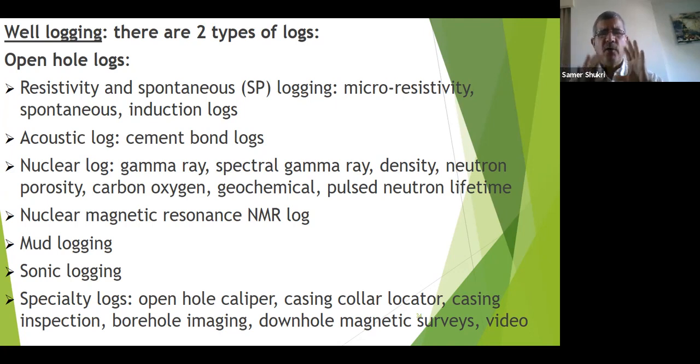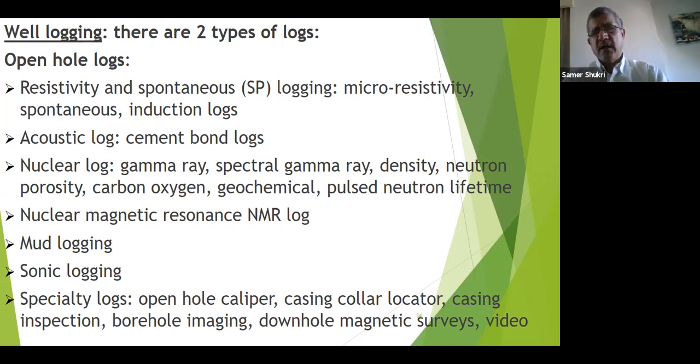We have nuclear log, gamma ray, spectral gamma ray, density, neutron, porosity, carbon, oxygen, geochemical, pulsed neutron, lifetime. We have also nuclear magnetic resonance, NMR log. We have mud logging, sonic logging,